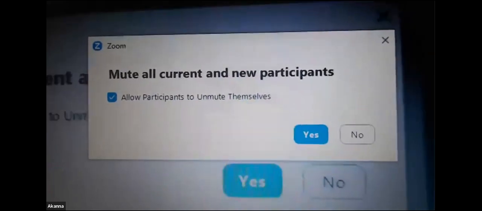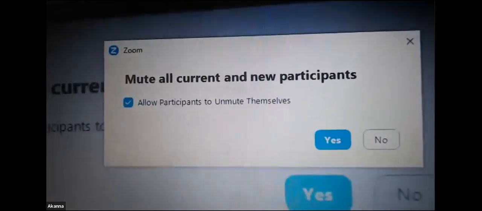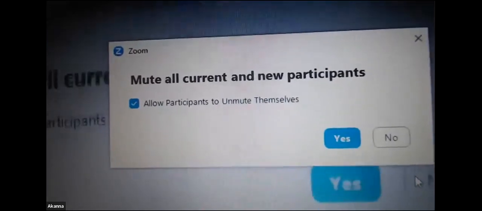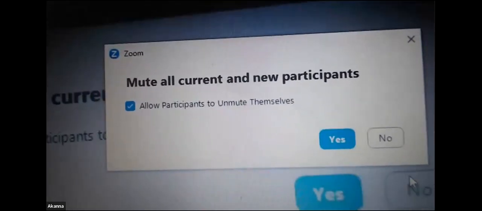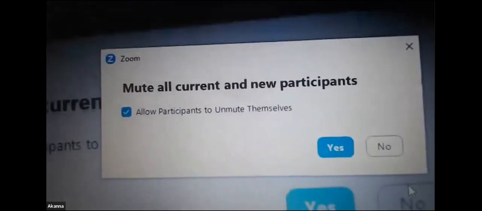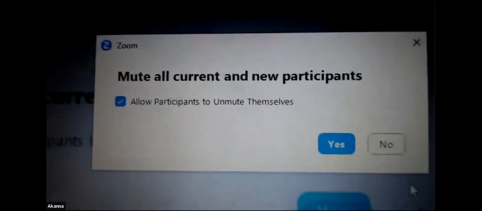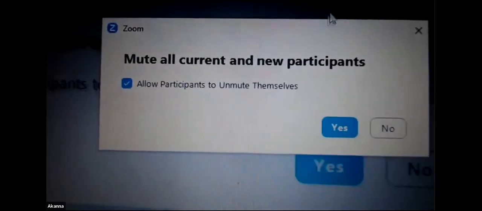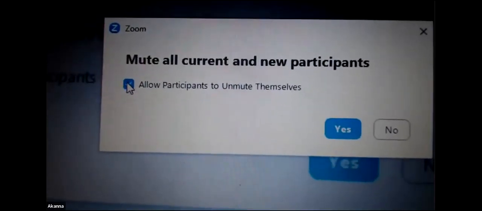When I click mute all, it says mute all current and new participants. And then there's a checkbox, allow participants to unmute themselves. As long as that box is checked, your participants have the ability to unmute themselves. Once I take that check off